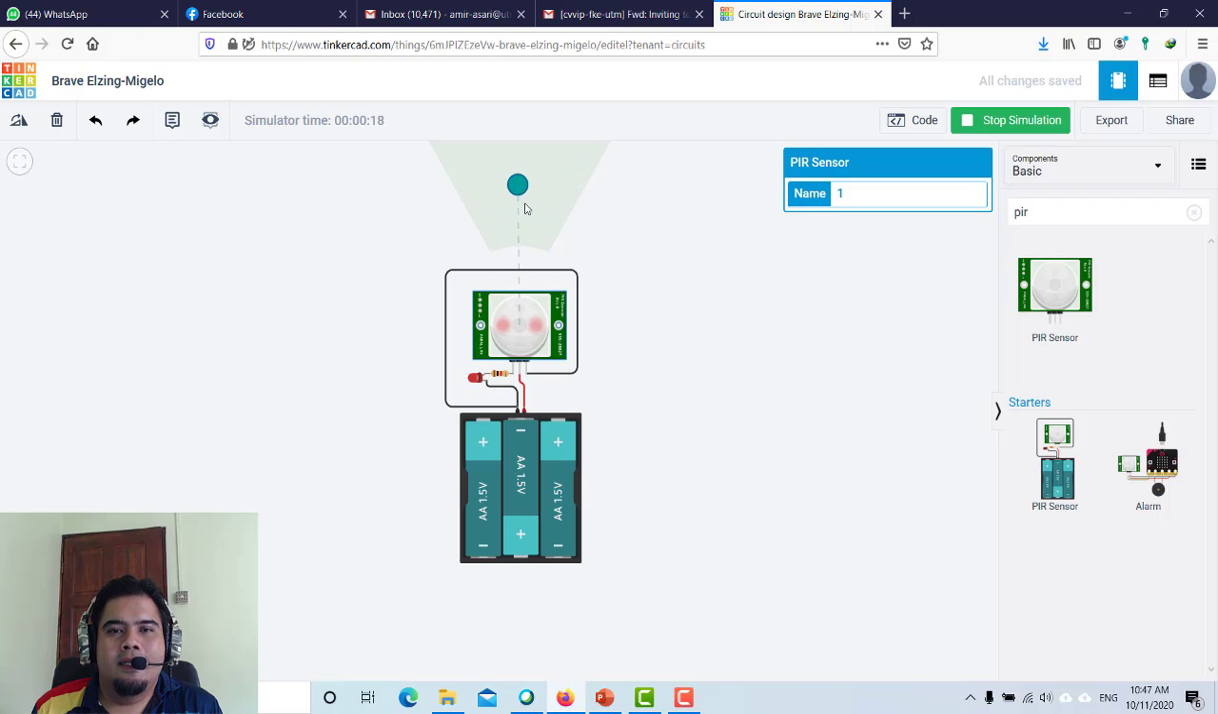So you can see that the PIR motion sensor is a little bit different from the ultrasonic sensor. The ultrasonic sensor detects the obstacle or any object going in front of it, and it also obtains the distance between that object and the sensor. But the PIR motion sensor does not give the distance. Anything that crosses this area will trigger it and turn on this LED,